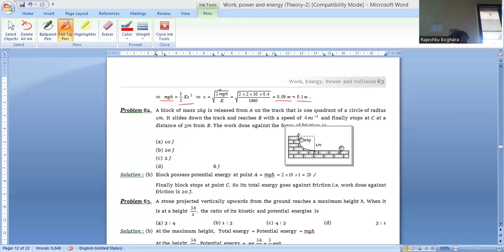And W equal to P into T, so area under the power time curve gives the work done. So W equal to PT, means W equal to integration P dt, is equal to area under the P versus T curve. तो ये भी हमें याद रखना है। तो पावर में से कौन कौन से एमसीक्यू आ सकते हैं वो सब पॉइंट इसमें लिए है।